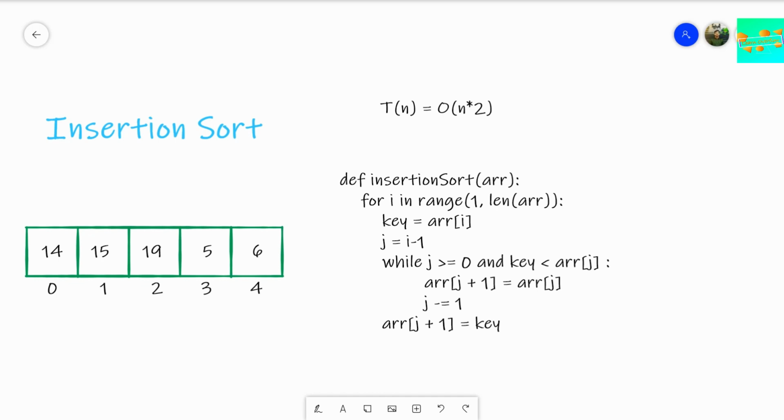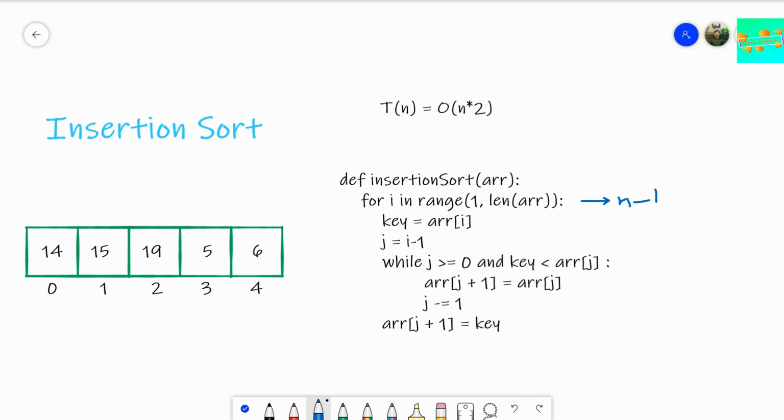Look here, in the first for loop, we can find it's a nested loop. We first encounter a for loop, and we find that this for loop works for n minus 1 number of times, from 1 till the length of the array. Now how many times does this while loop run?